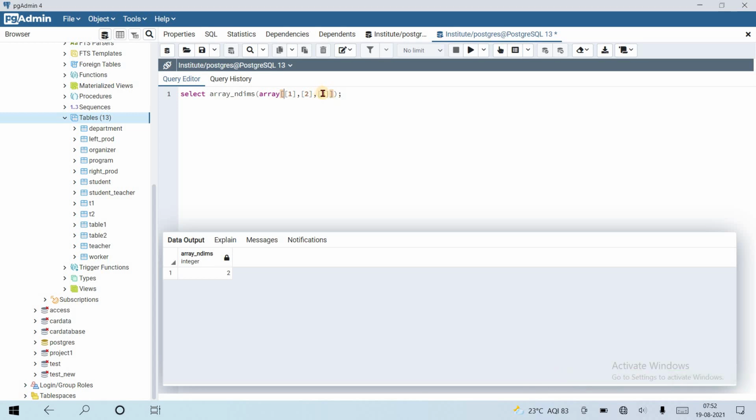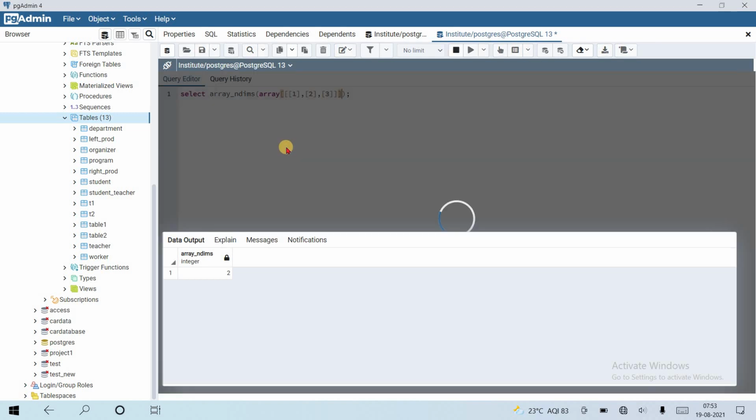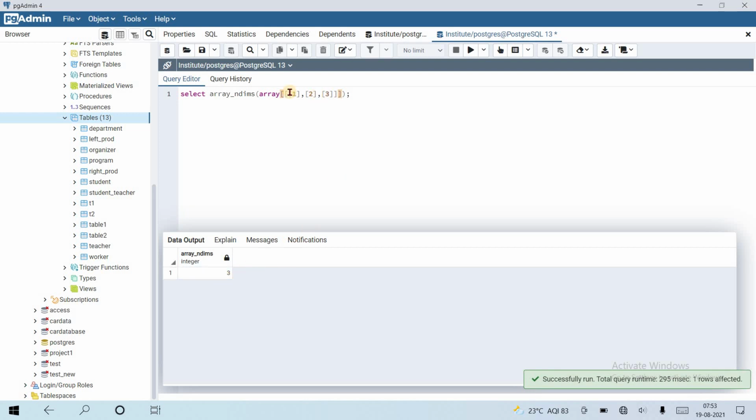If I add some more and run this, it will give me an error. No, this is a three-dimensional array. So here you can see that there are three square brackets, and at the start also there are three square brackets. So this is a three-dimensional array. That's it.